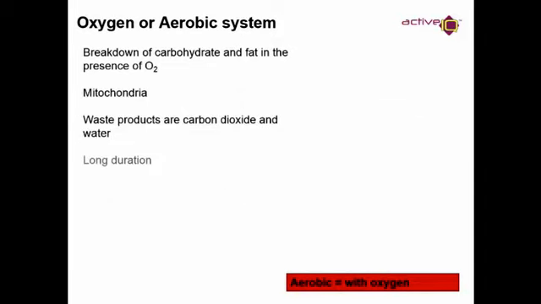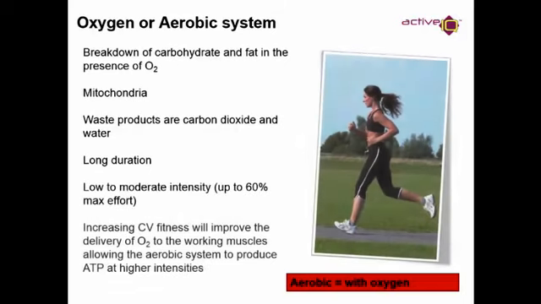Finally, we've got our last system, which is the aerobic system. Aerobic means with oxygen. So this is the only system that relies on oxygen to be able to work. What happens here is we're using carbohydrates and fats, but we're using them with oxygen as well. Okay, and the waste products here are carbon dioxide and water. When we're breathing in and out, we're getting carbon dioxide out of the body, and our other waste product is water, which is secreted out of the body through sweat. The aerobic system is for long distance or endurance type activities that are going to take us a longer period of time. Stuff like a marathon,